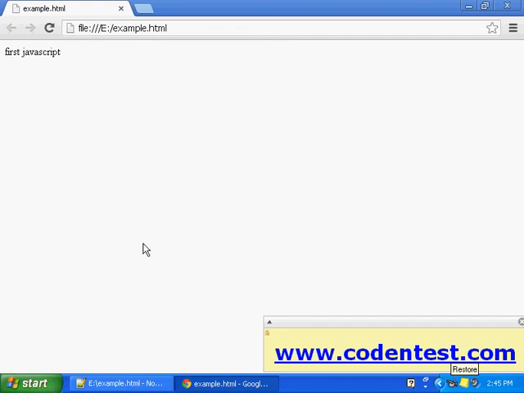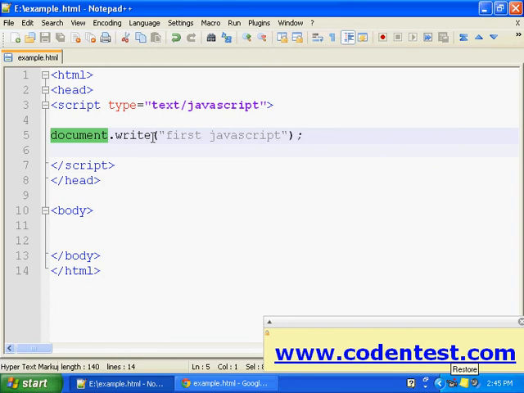And document.write will write whatever is in the parenthesis, these round brackets. In our case, we wrote first JavaScript.